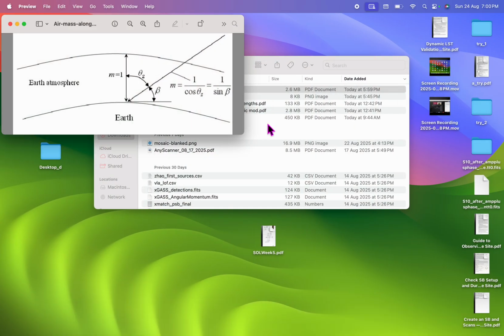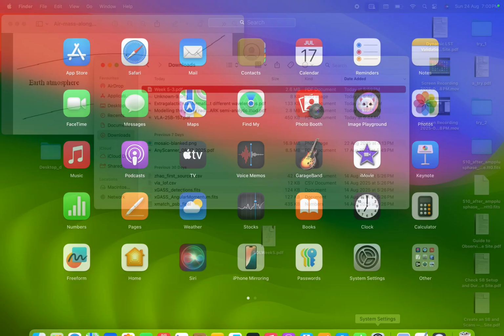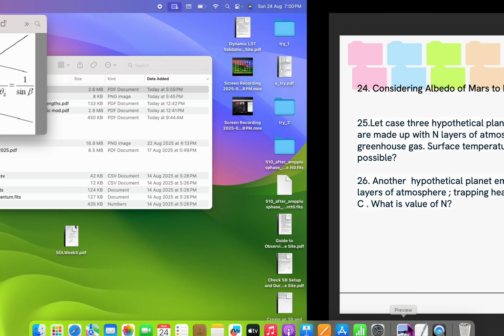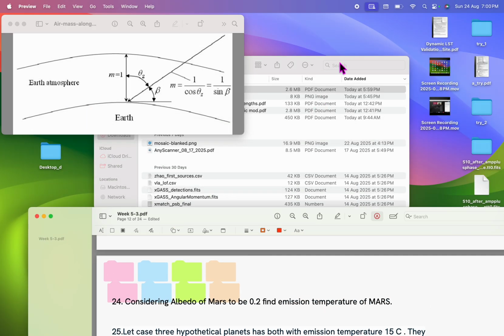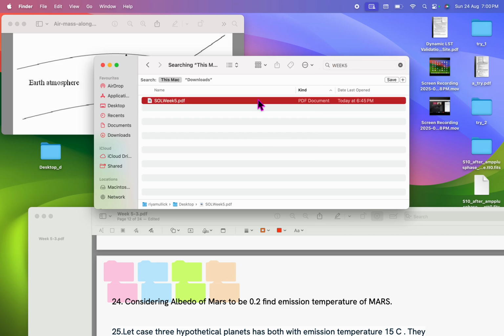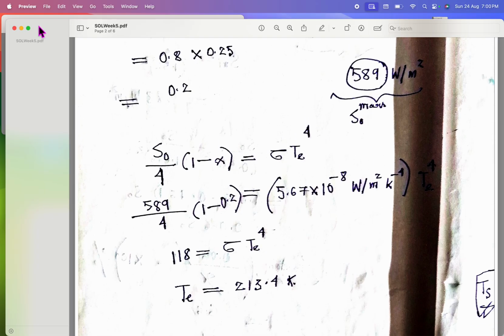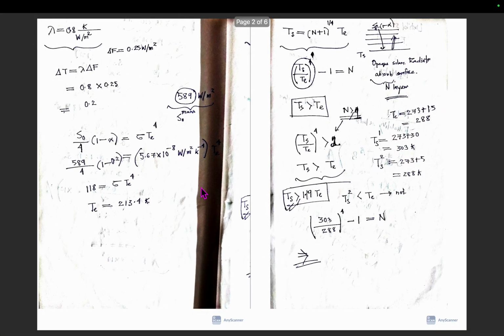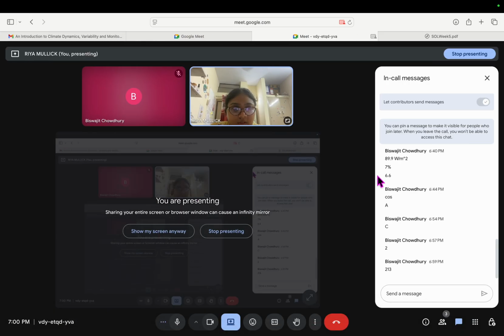Okay, I'm just checking what was the value. Yes, it is coming around 213 Kelvin, that order. 313 or 314 Kelvin order. And the next question is